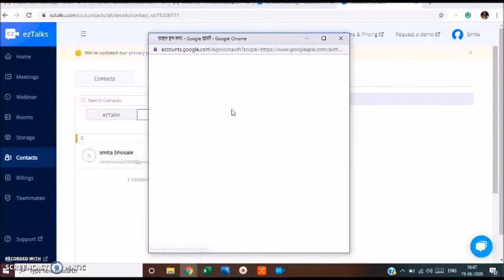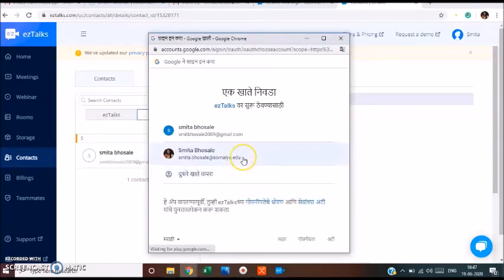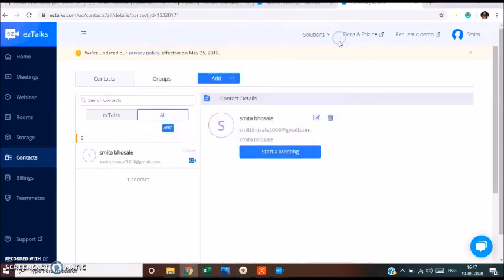So it will take me to my Google account and from there I can import all the contacts here. There is also an option to import from your Outlook account. So this is how the participants can be added to your session.